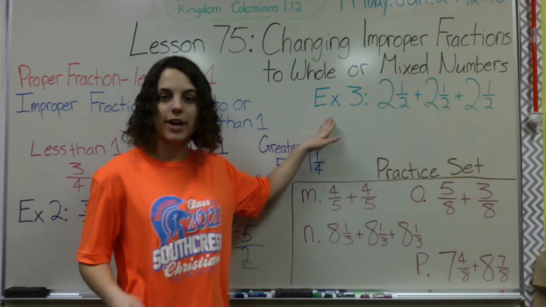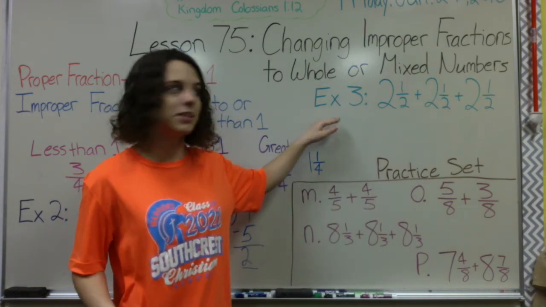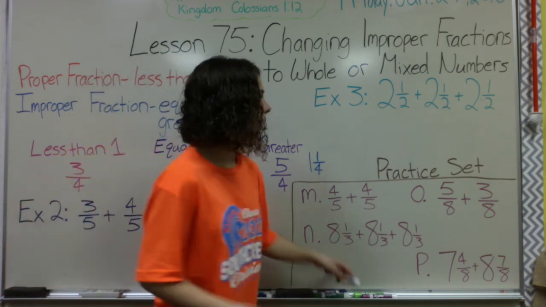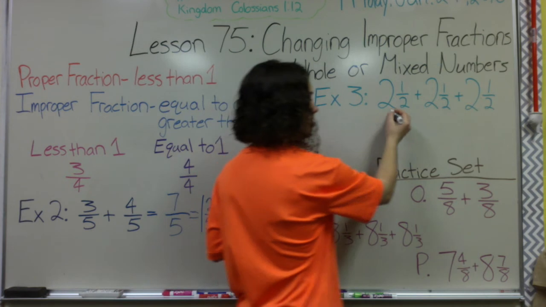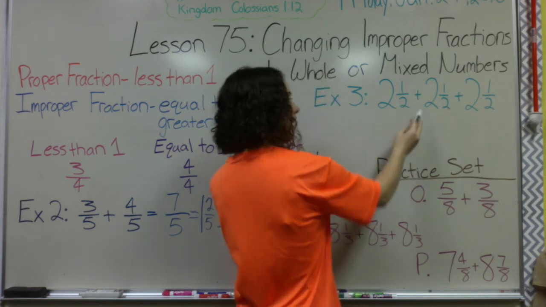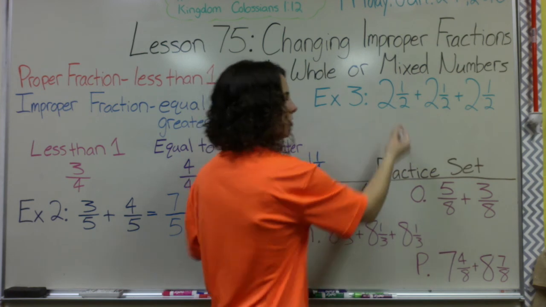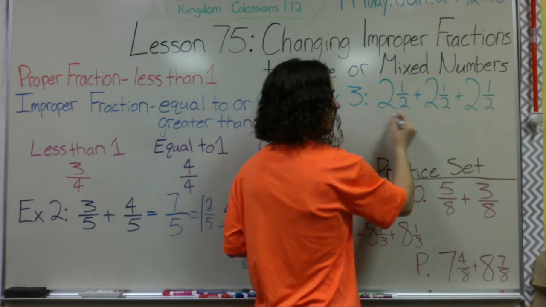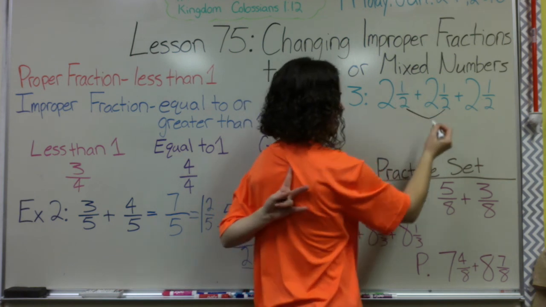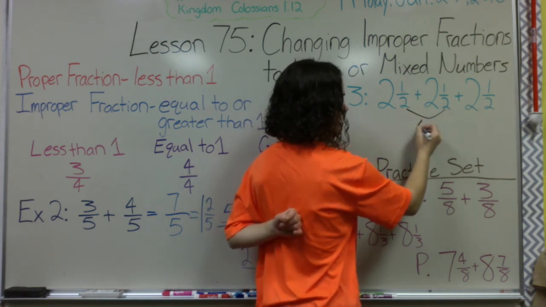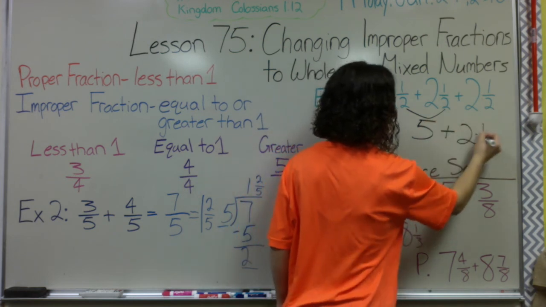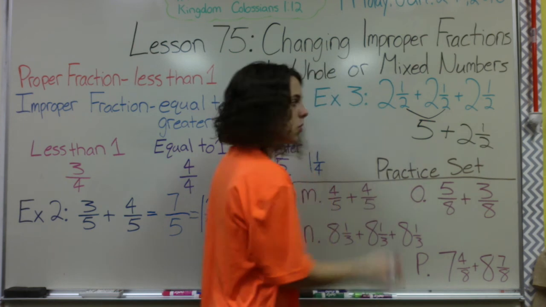All right, now we also have example 3. I want you to go ahead and try this and see if you can do it by yourself. It should be pretty simple since we're dealing with halves. I have 2½ plus 2½. If I just start with these first, I know 1/2 plus 1/2 is a whole, and 2 plus 2 is 4. So now I'm looking at 4 plus one other whole from the half plus the half is 5. So 2½ plus 2½ is 5, plus another 2½, which equals